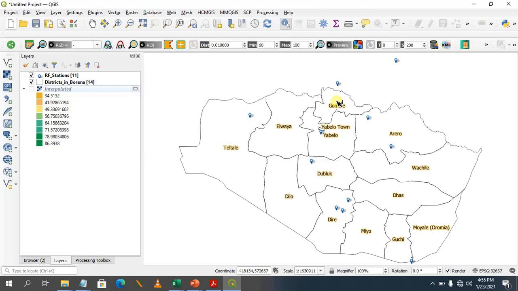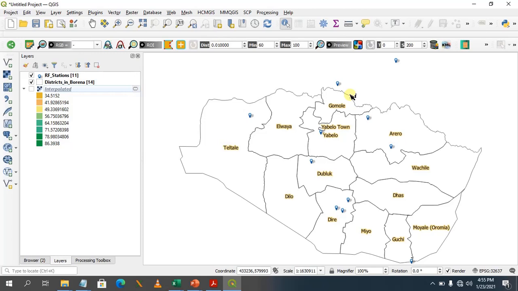But in geography, we know that this is not true. You can argue that the rainfall for this particular area will be contributed by these rainfall stations. And that is why whenever I'm analyzing data that has spatial temporal phenomena, I like using